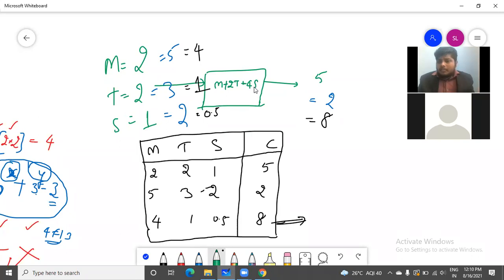Now, every time, if you're taking 1 packet of milk, you have to take 2 packets of this one and 4 packets of this one. Then you will get the best, tastier coffee. So if you're taking this as 1 parameter, this has to be 2 parameters, this has to be 4 times. Every single time you have to keep that as an equation. You might ask how we came to these numbers. I did a simple thing: put M, which is 4, here in this equation, put 1 here, put 0.5 here. End of the day you come to 8 as your answer, because 4 plus 2 into 1 is 2, 6, and 6 plus 4 times 0.5 is again 2, so 8. That is my equation.